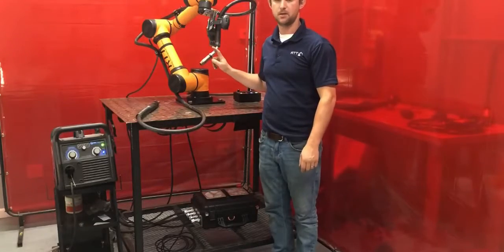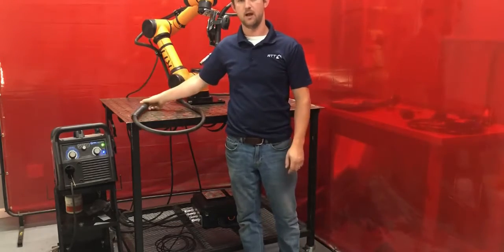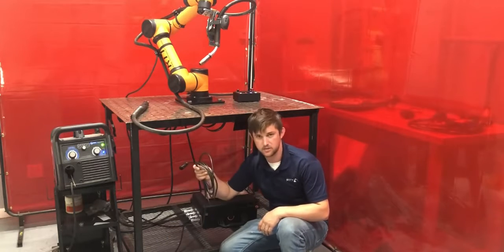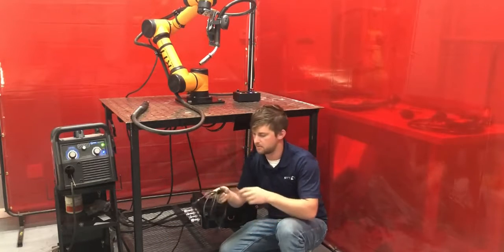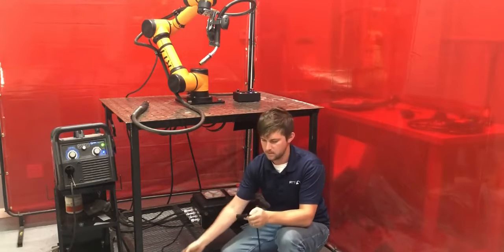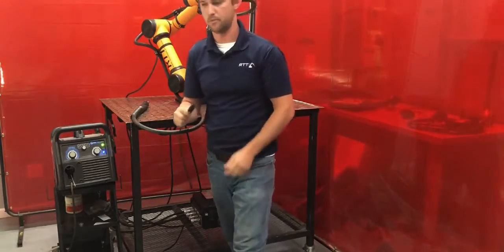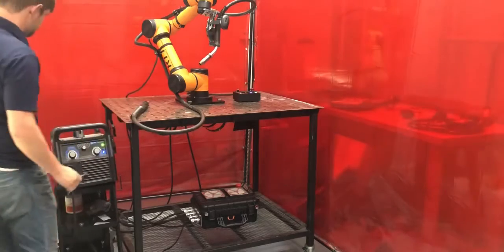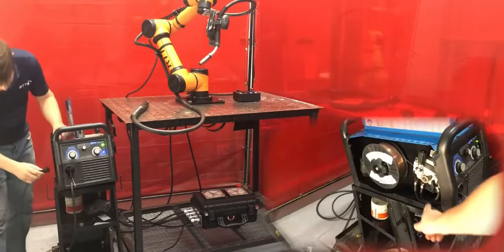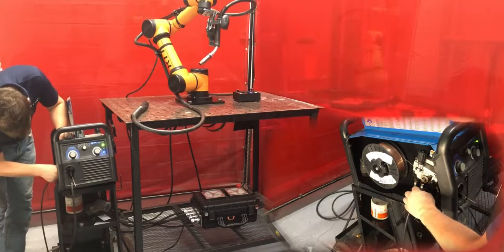Now that we're done mounting our torch, we'll connect the torch to the welding power supply. The first step is to connect the welding contactor cable to the welding power supply. So the welding contactor cable is the 4-pin cable, and you should have the compatible connection for whichever brand power supply you have. For this Miller, the contactor input is inside the box, and I'm going to